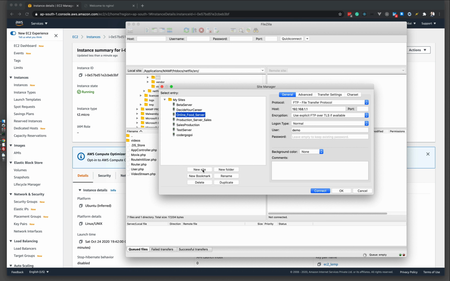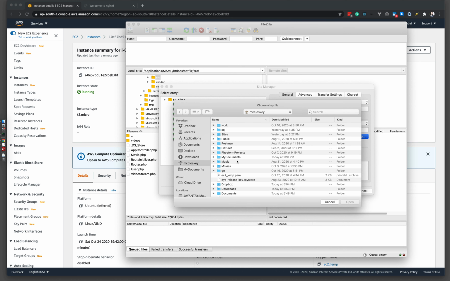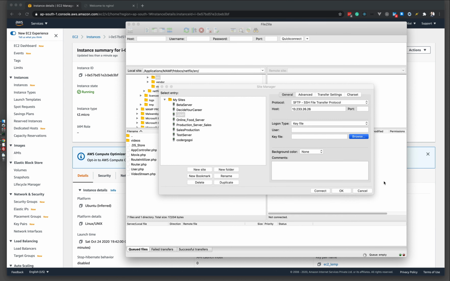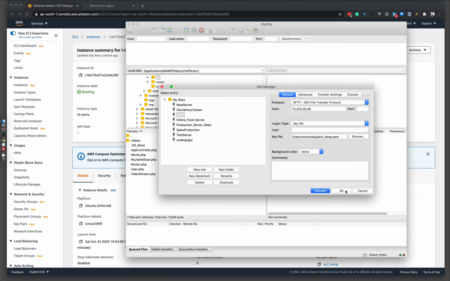Here we will create a new site. It's kind of like LEMP, and our access will be SSH file transfer protocol, and the hostname will be this one. And the logon type will be key file. The key file, wherever we have kept it, we need to give its reference here. So in my case, EC2 LAMP, this is the file. So okay,